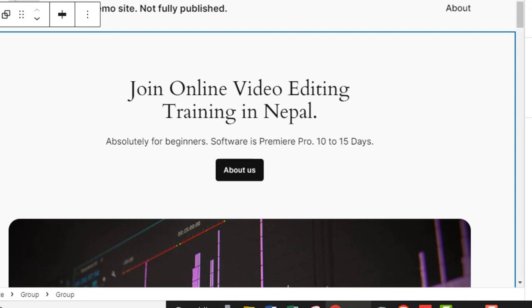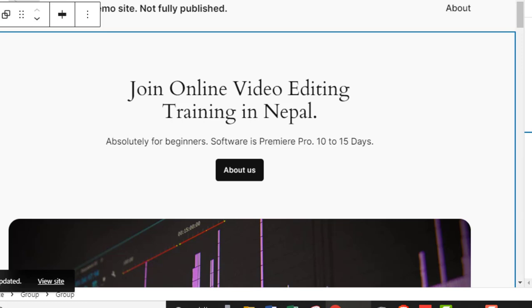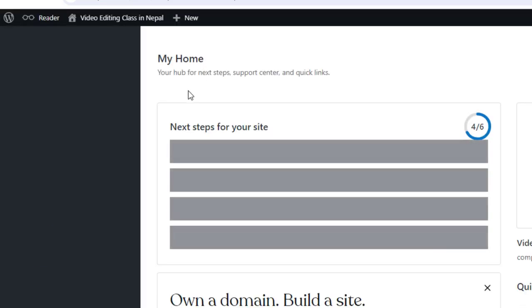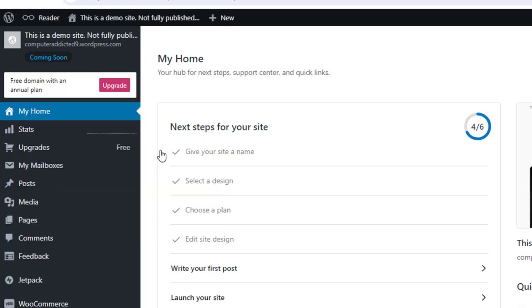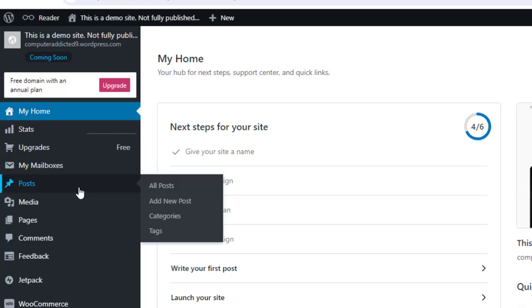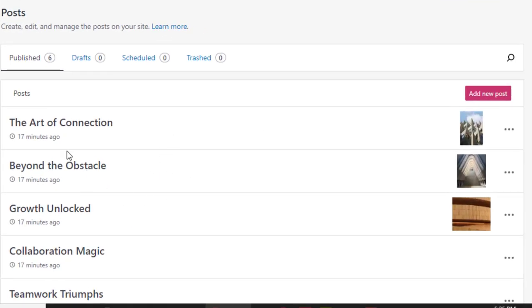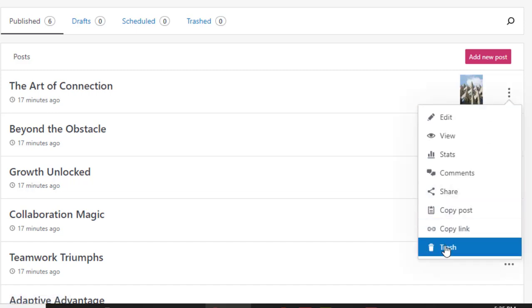Now let's go to dashboard, and let's go to post section. We can create posts, right? All posts, you can see here posts, published post, right? That is by default, and you can delete it. Just click it, trash,